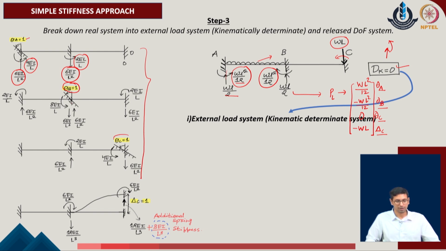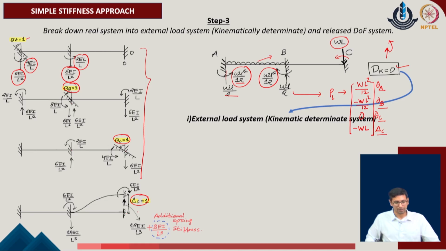Similarly, we can evaluate the rotation at the support C. Again, this will generate the member forces at the end of the joint B and C of the given problem. And finally, we add the translation in the direction of the joint C, which will give us the unit deformation in the direction of the given point C, and that will also generate the set of forces.